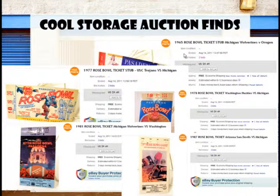As you can see, each of these 5 additional tickets from 1965, 77, 78, 81, and 87 sold for $9.49. They each had 2 bids, so they had basically a very small bidding war, nothing major. Oh, this one had 3 bids. That's interesting. But each one of them ended at $9.49, which is nothing to brag about,